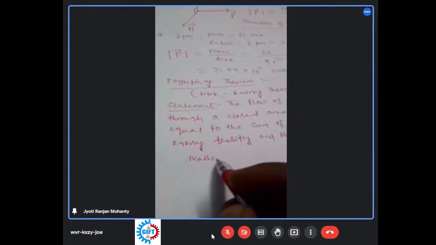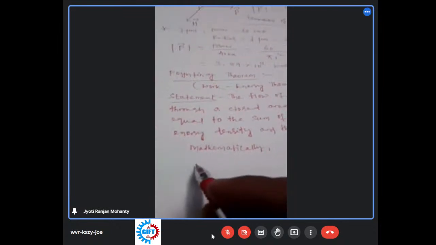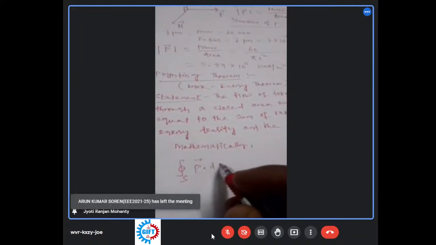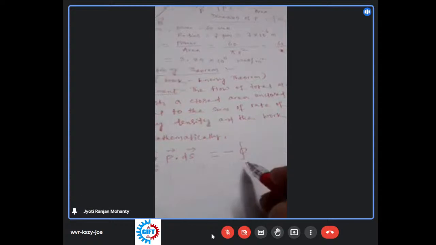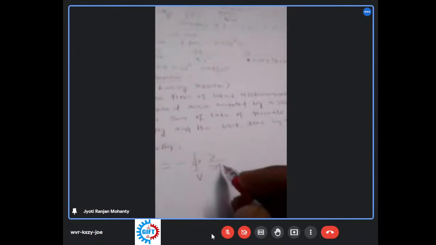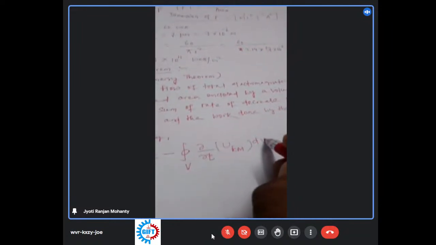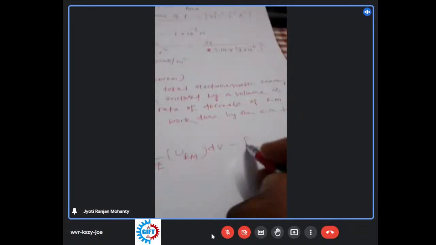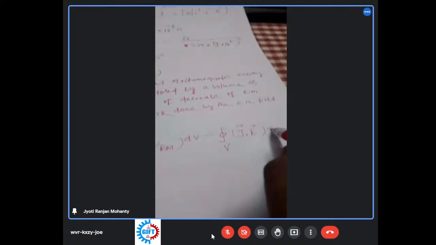Mathematically, the surface integration of P vector dot dS vector is equal to the volume integration of del by del t of u_EM dv, minus J vector dot E vector into dv. So this statement is known as